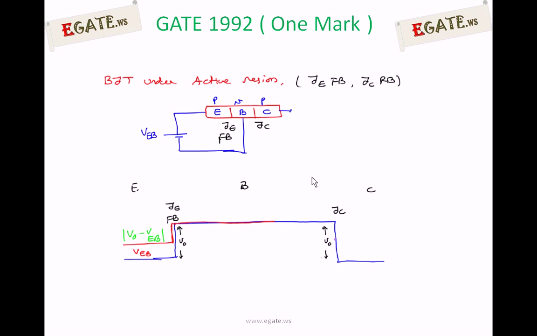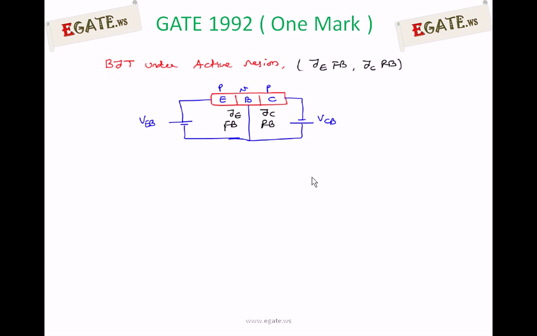So now apply reverse bias to the collector base junction. Reverse bias to the collector base junction is nothing but, collector is of P type, so we must apply some negative voltage. So we are applying VCB in this case. Now this external voltage VCB is making the collector base junction reverse bias, and we know that under reverse bias